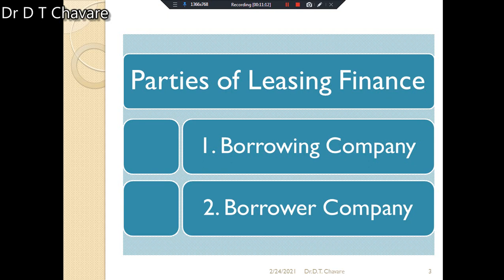Afterward, the RBI guidelines on leasing business and the CRISIL rating improved the position of leasing companies. The income tax levy was abolished in 1991. Try to understand, such type of income tax has been abolished in 1991. Today about 400 companies, or more than 400 companies, are in the leasing business.